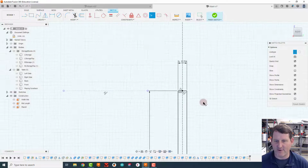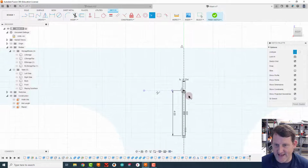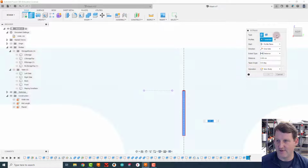When I flatten out, you can kind of see it. That was a lot, but what that did, that gave me the side of a rectangle that goes all the way across. So I'm going to do E for extrude. I'm going to do this one,